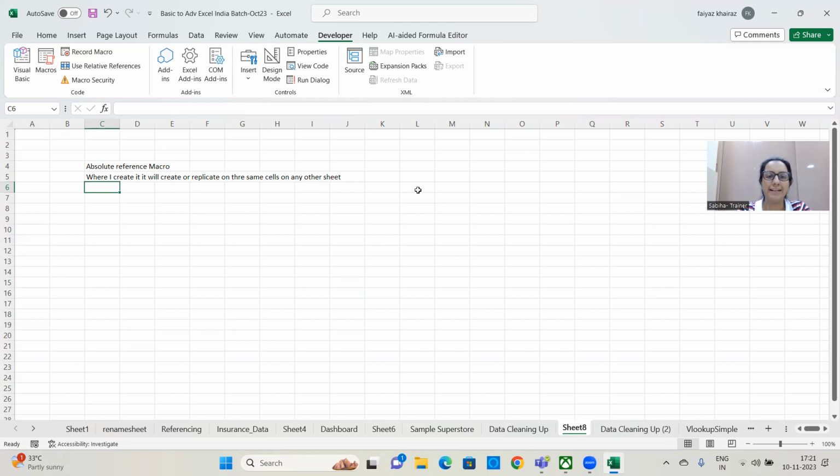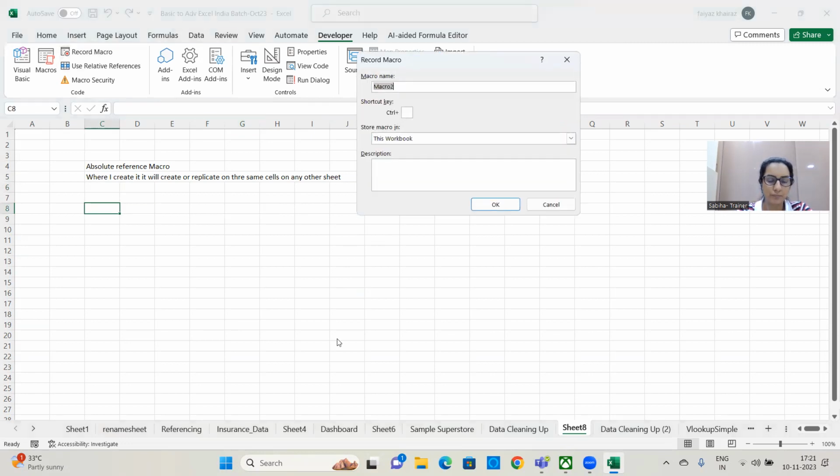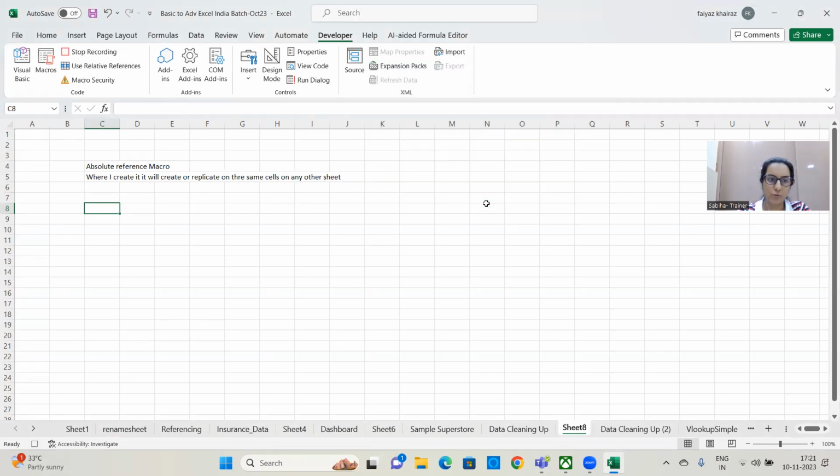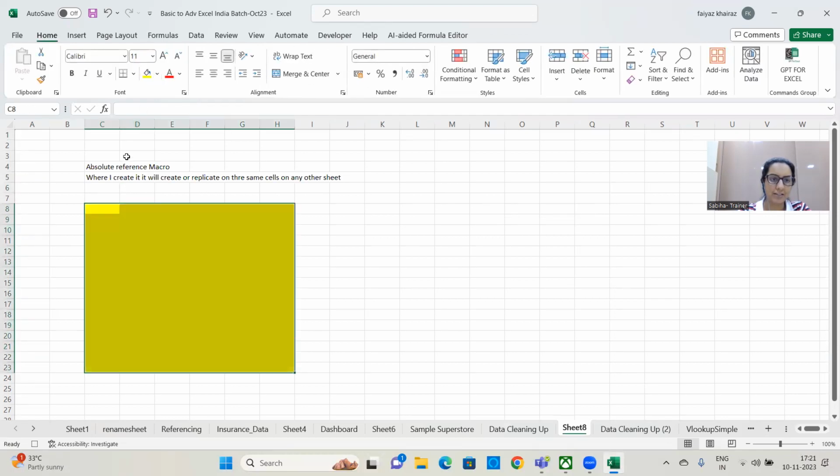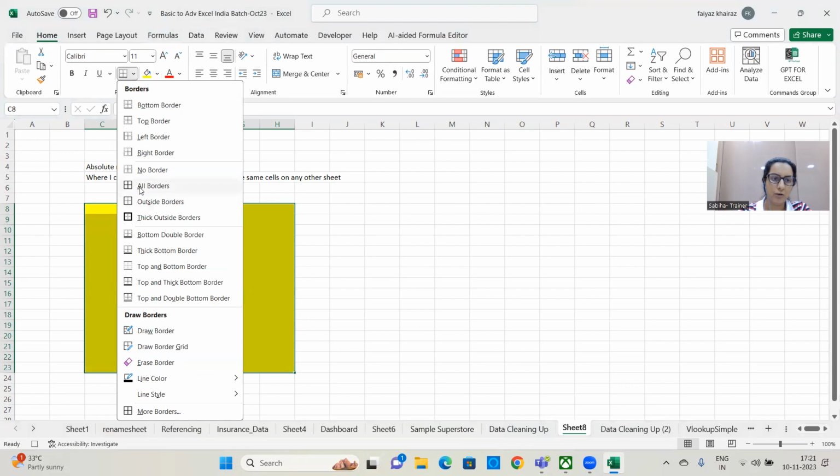Now, in order to do that, let us try something. I'm going to keep the cursor here. I will click on record macro. Let me call this Format. I'll add a keyboard shortcut Control Shift S. Say OK. Now what I'm going to do is select this area, yellow fill, all borders,